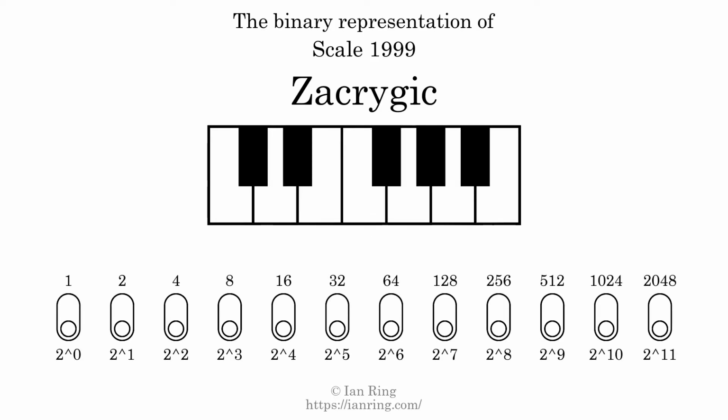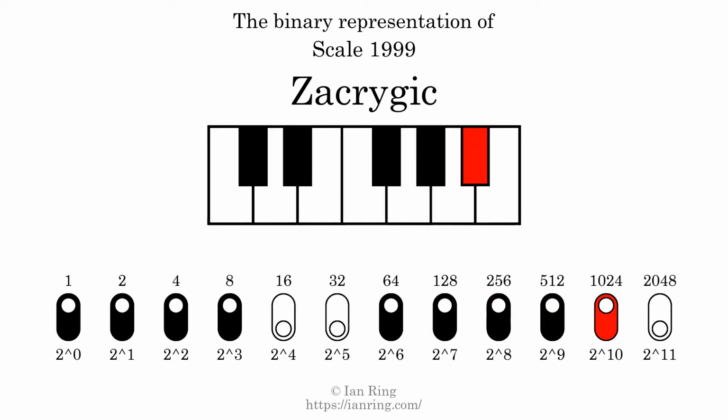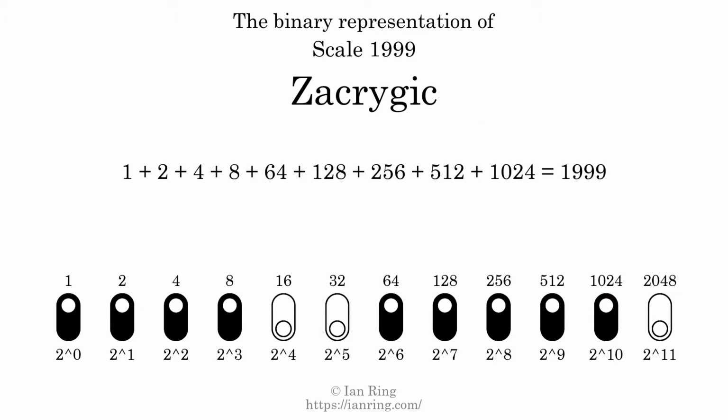The binary representation of this scale is determined by mapping tones of the scale to binary digits. Each binary digit represents a power of 2. To get the scale number, we add the powers of 2 together. The powers of 2 that are present in the scale, all added together, equals 1999. That is why the scale number, in decimal, is